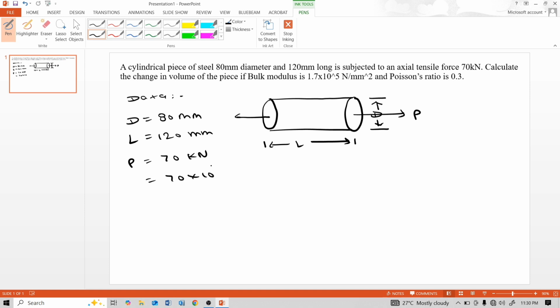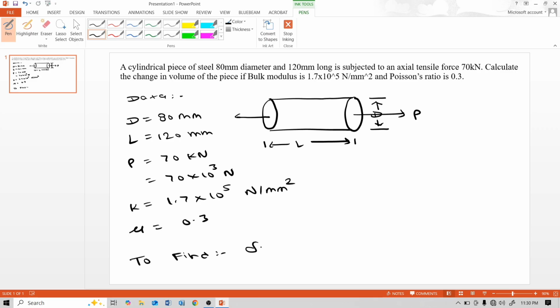70 into 10 raised to 3 Newton. Calculate the change in volume of the piece if bulk modulus K is equal to 1.7 into 10 raised to 5 Newton per mm square and Poisson's ratio is 0.3. To find change in volume,